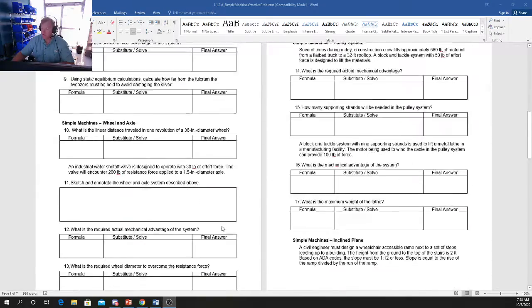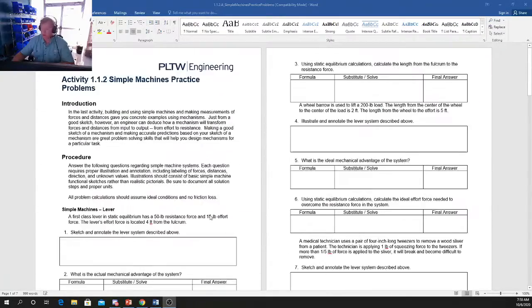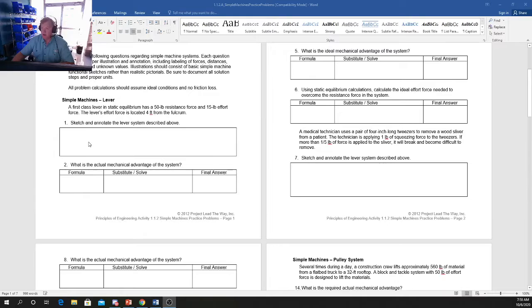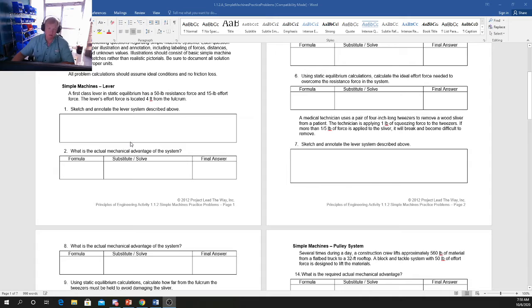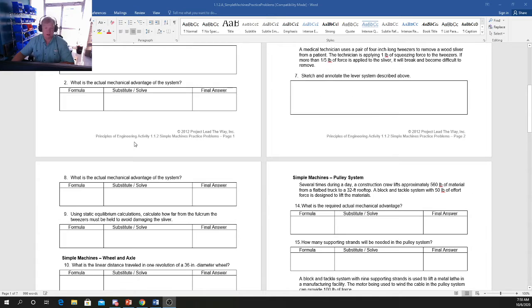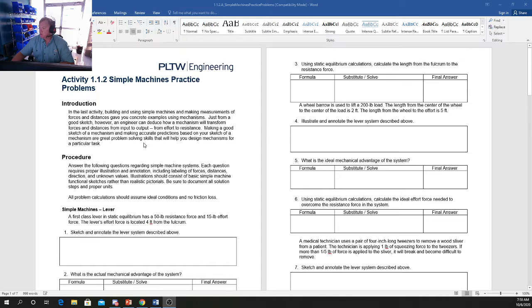There are 30 questions. There are 6 simple machines. This is very similar to what we've been doing in class with the builds. Sketch, pretty simple there. Calculate the actual mechanical advantage. In the question, they're giving you the variables, so you don't have to find them out yourself. And then there's one question